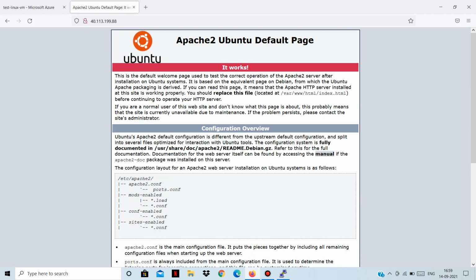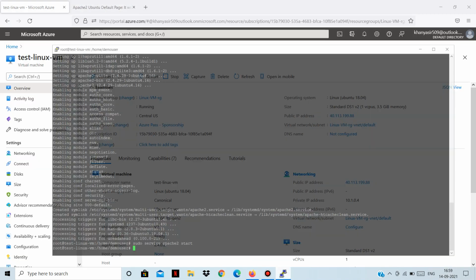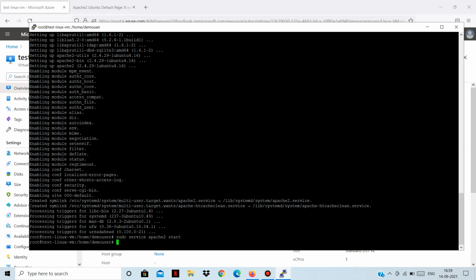Now let's replace this default page with some simple line. For simplicity, instead of creating any HTML file, I will just give a simple line which will be shown in the web page.